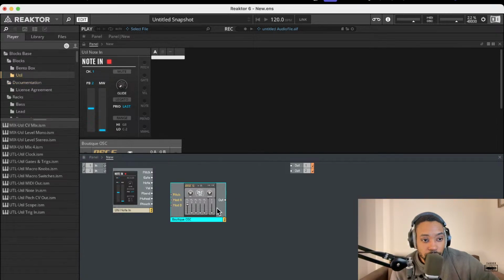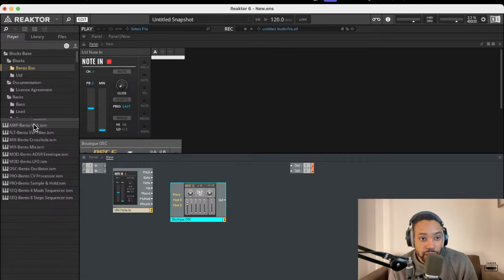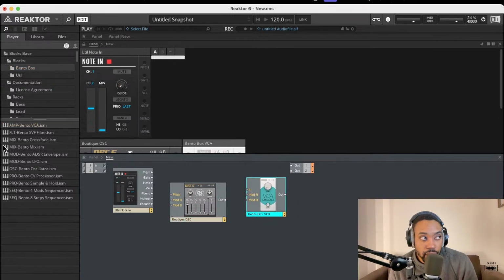We're going to go with this one for now. You can interchange the oscillators, but we're going to go with this one for now. And then we're going to grab a VCA control, which is going to give us our amplitude control. Then once we have those three, we can actually hook up our patch